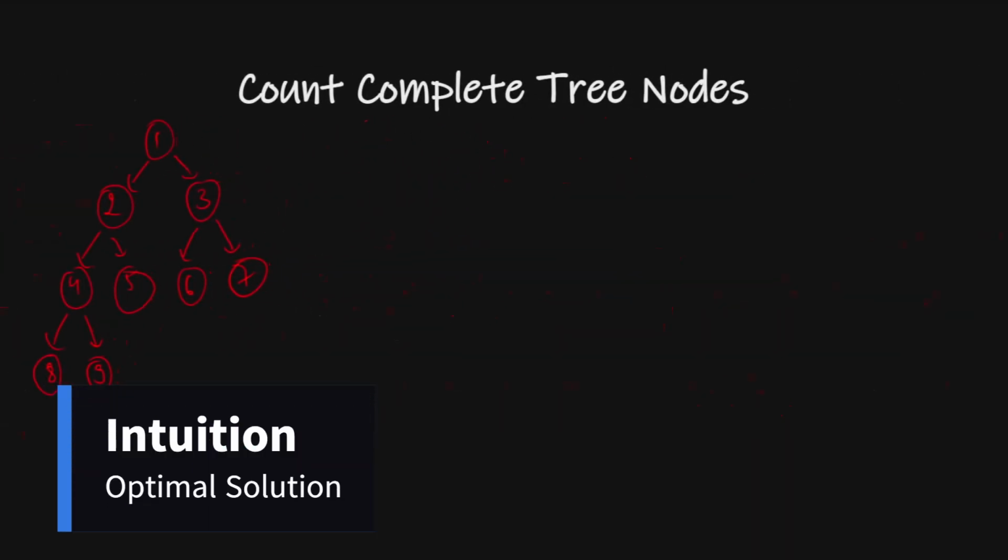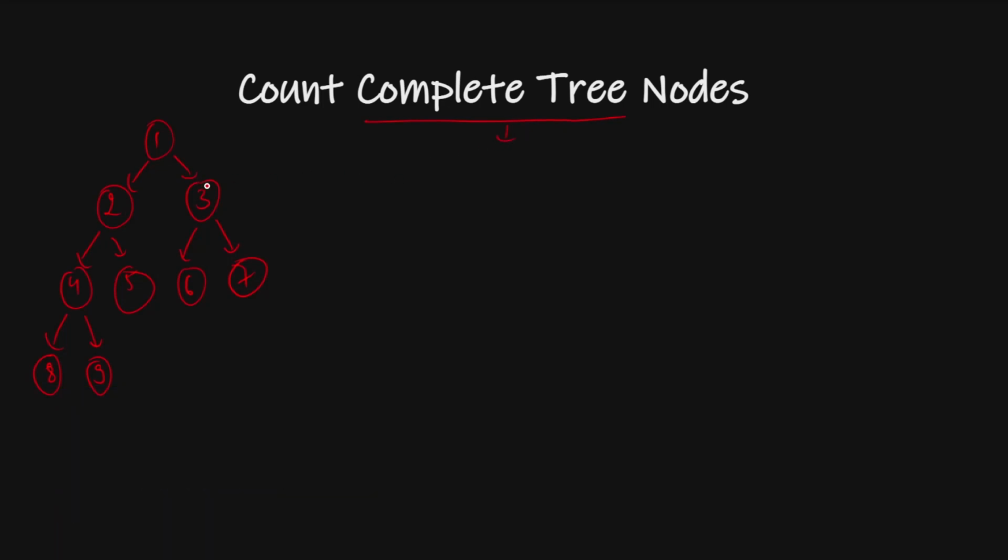So for this complete binary tree, first there is one thing I have to do. I know that for level 0 my number of nodes will be 2 to the power 0. For level 1 my total number of nodes will be 2 to the power 1, and for level 2 it will be 2 to the power 2. So if I calculate the total number of nodes, it will be 2 to the power 0 plus 1 plus 2, and that will be 2 to the power 3 minus 1.